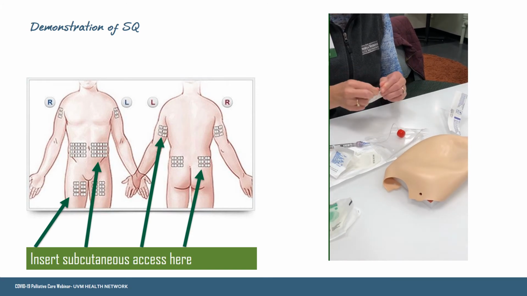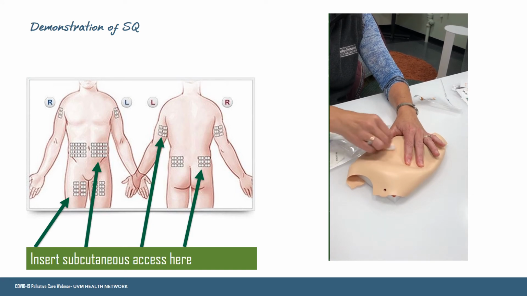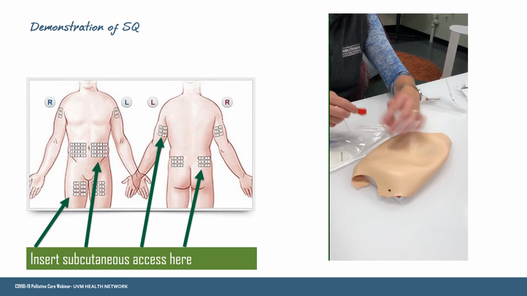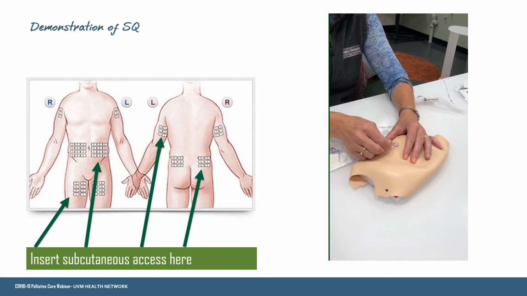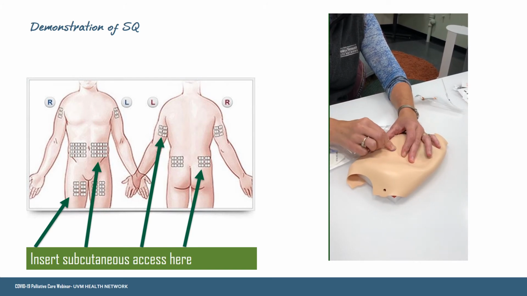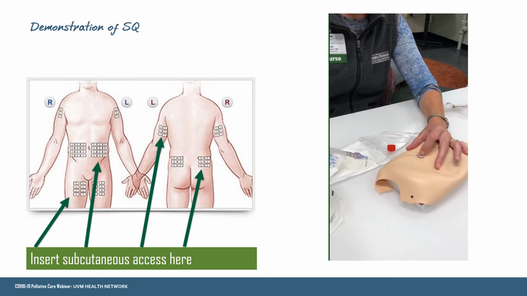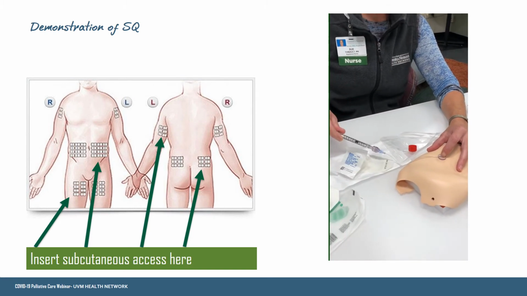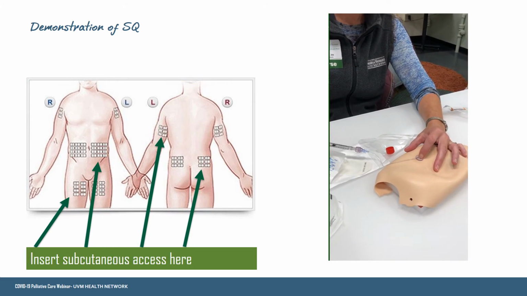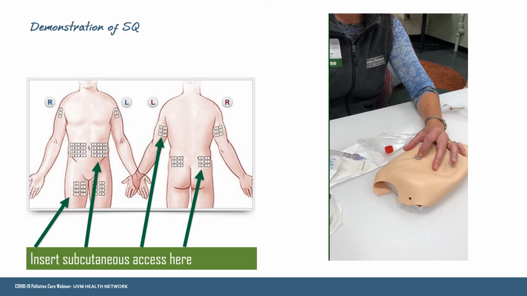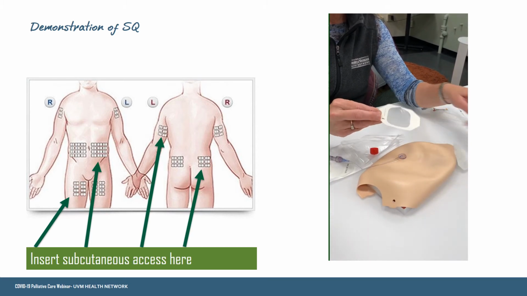You'll be prepping the site with alcohol, and you will be putting the sub-Q site directly into the subcutaneous tissue. We withdraw to make sure there's no blood return. If there is, you're in a vein, and you'll want to remove the set and put a new one in, a different site. You'll secure this with Tegaderm,